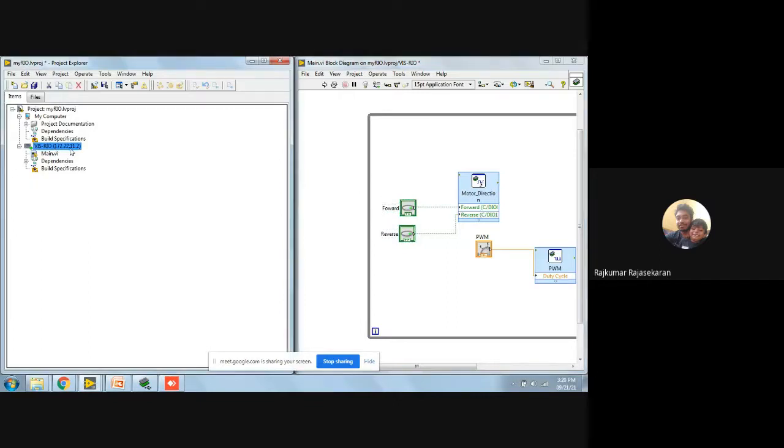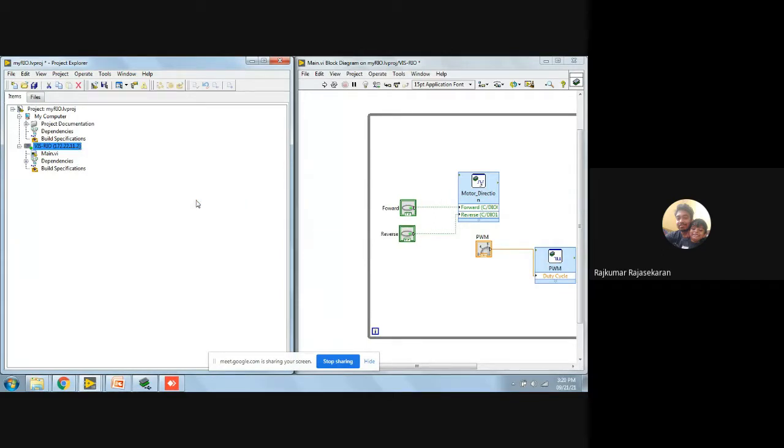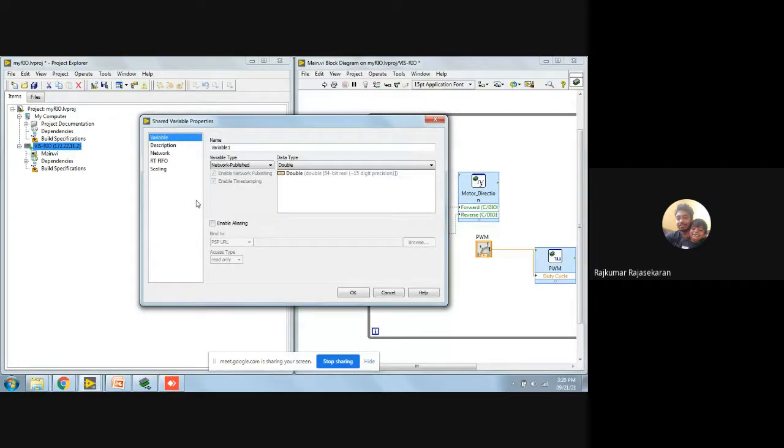To create a variable for myRIO, I just right click on the RIO. I right click, and I have something called variable. And here you can see it's going to ask what variable we should transfer.